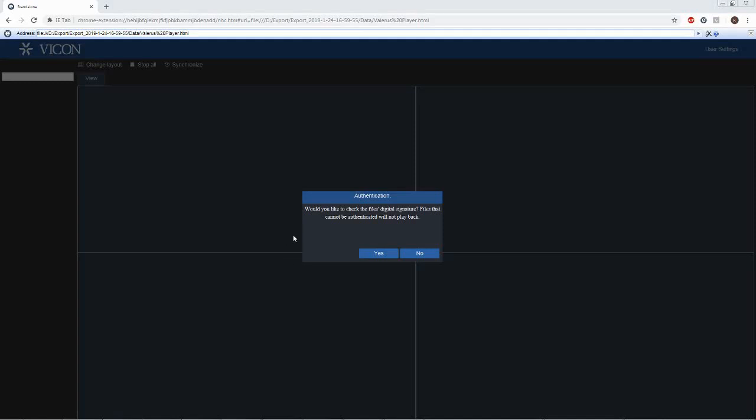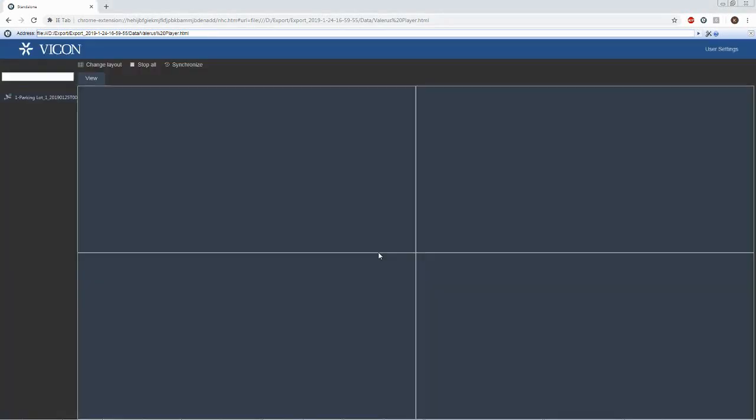The Valerus Player gives you the ability to verify that the file's digital signature hasn't been tampered with. That basically allows us to authenticate the video file and make sure nobody's modified it in the meantime. So I can click yes here. I'll go through a quick check and I can see that my recording is in the tree on the left